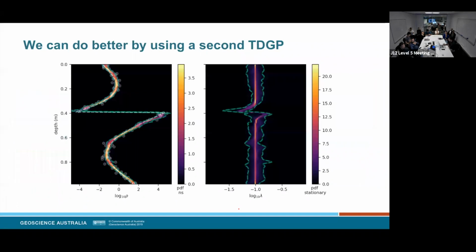And what does this do? So now this is the whole ensemble of means from the second Gaussian process. This is coming from the stationary Gaussian process, and this is the non-stationary Gaussian process. The stationary Gaussian process gives you a whole bunch of spatially varying length scales, which then get fed into the non-stationary Gaussian process.